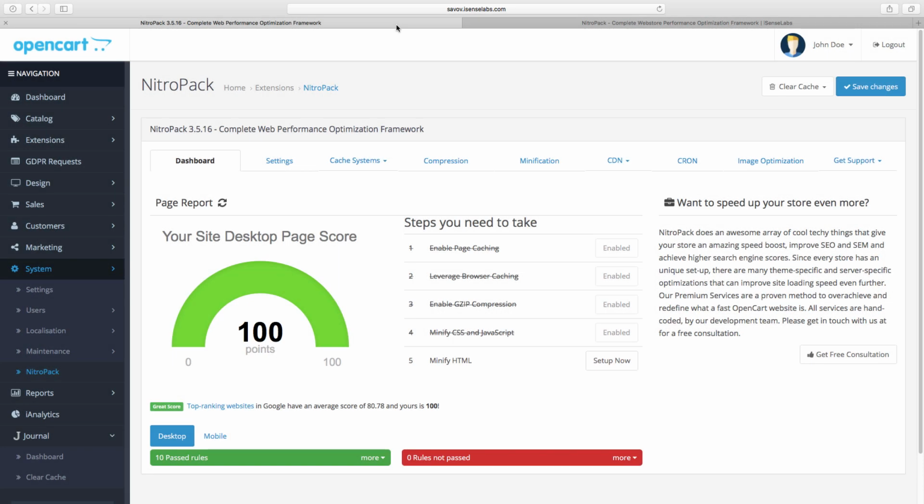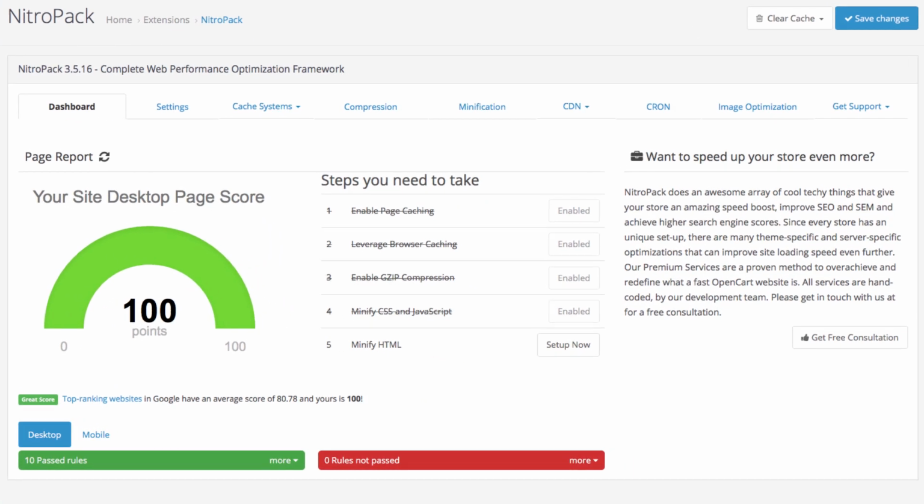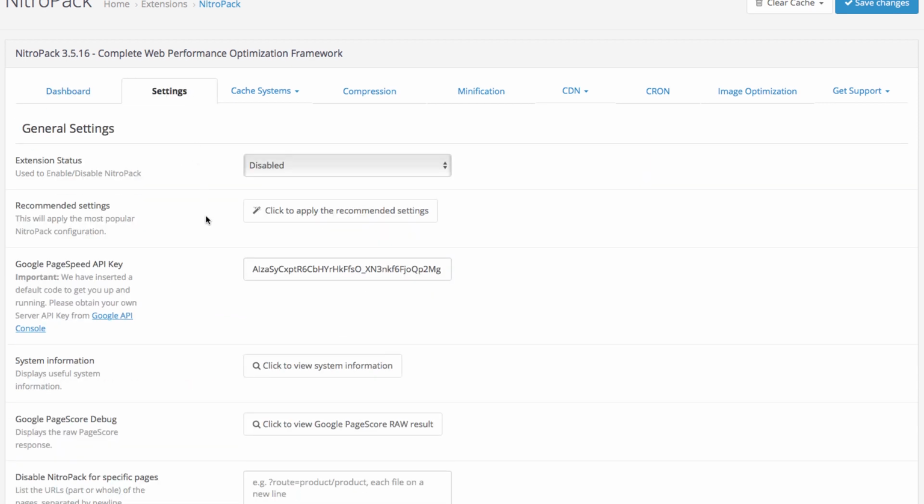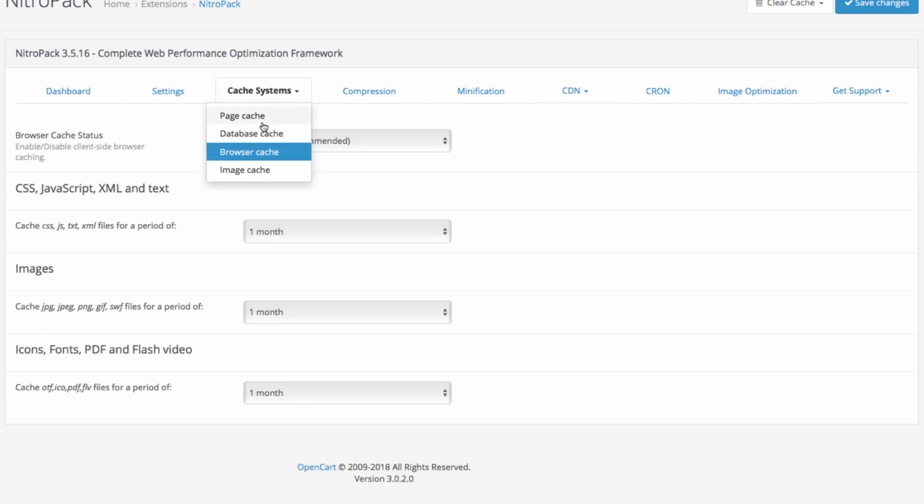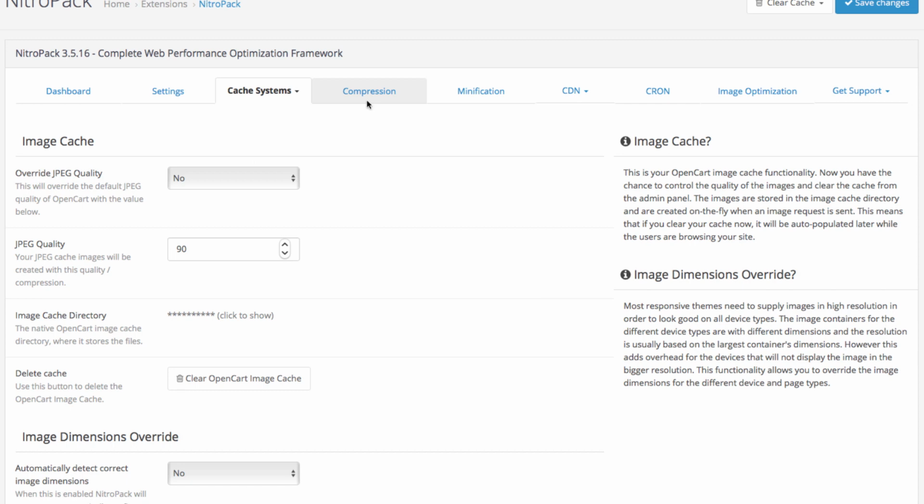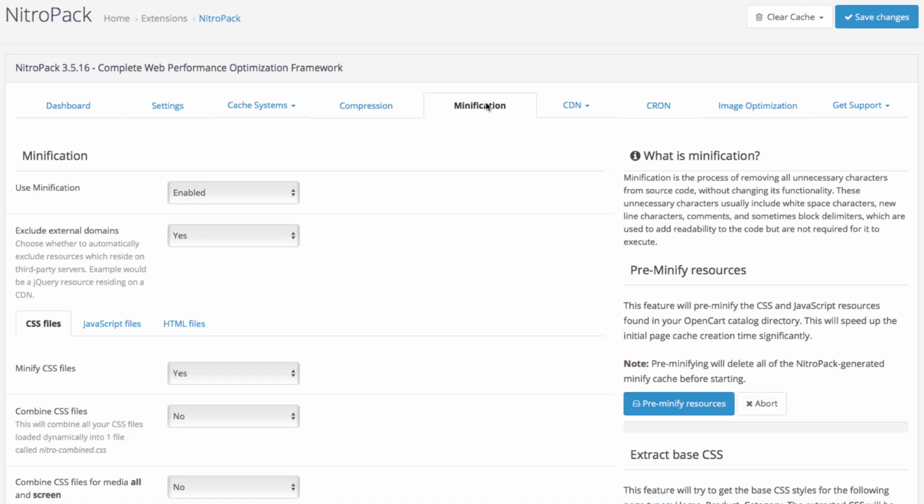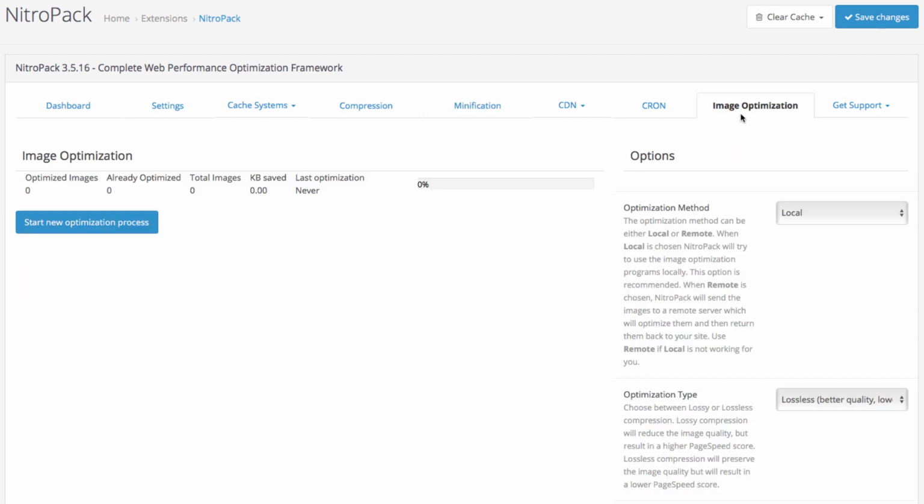So, peeking into NitroPack's dashboard, it is equipped with a Google PageSpeed score, as well as a list of actions that you can take for improving that score, and featuring optimization settings for the page, including database, browser and image cache, CSS and JavaScript minification, as well as gzip compression. If those don't ring a bell, the short version is that we have everything to make your store blazing fast